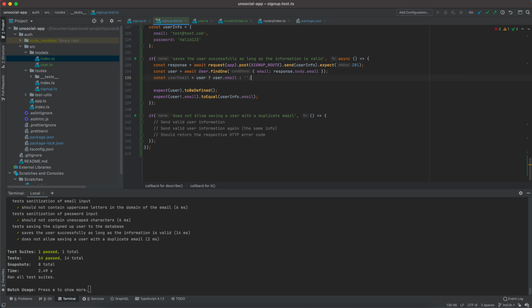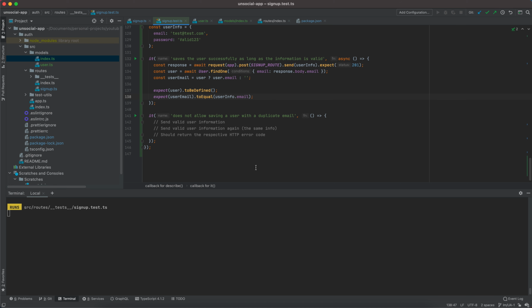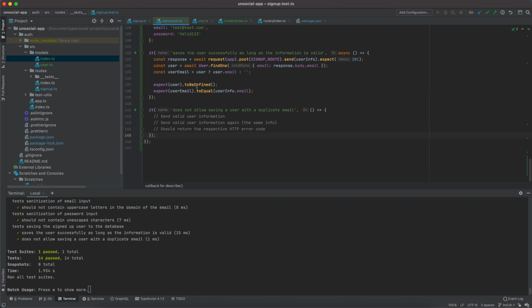Otherwise, this is going to be an empty string. Okay. And then here I can simply pass user email, and this code should pass. So this just makes it a little bit cleaner, that I don't need to be forcing any type conversion or anything here in